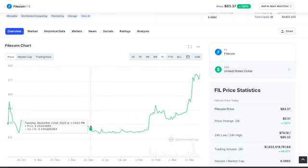But I'm trying to tell you that this is just the beginning. This is the introduction of it to the market. And I see 7 times 8. What's that? 56? A $560 coin. That's 2027. But I could see Filecoin breaking $100 easily before the close of business 2021. Maybe even more than that. I see a $120 coin. Filecoin, $120 by close of business